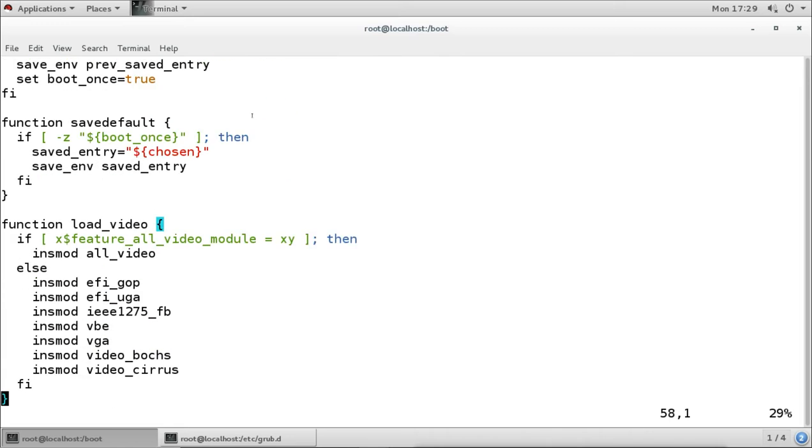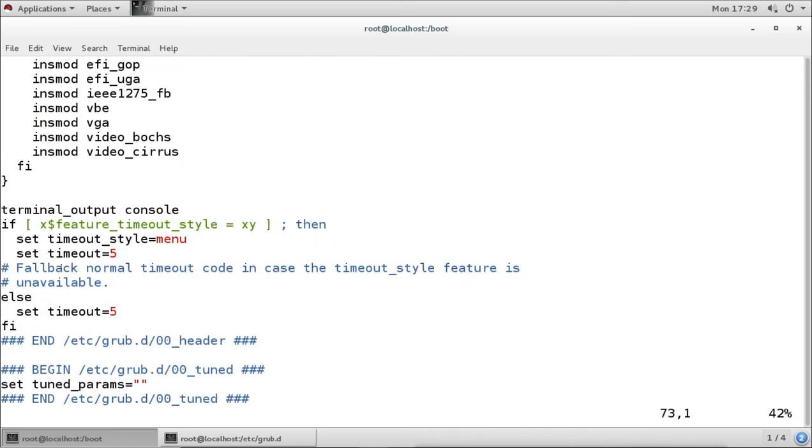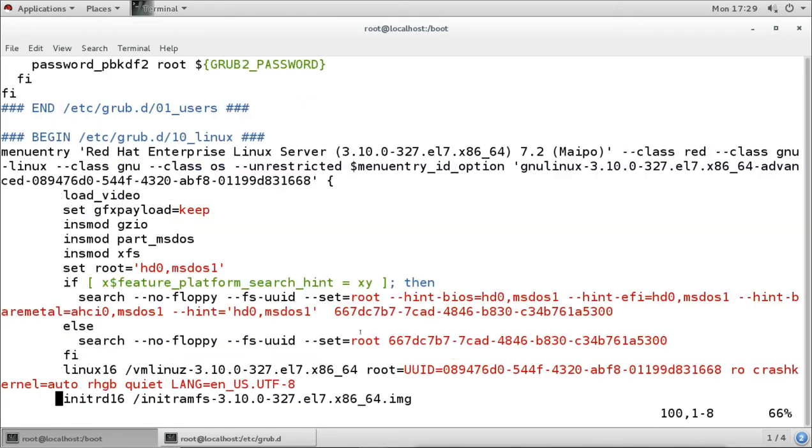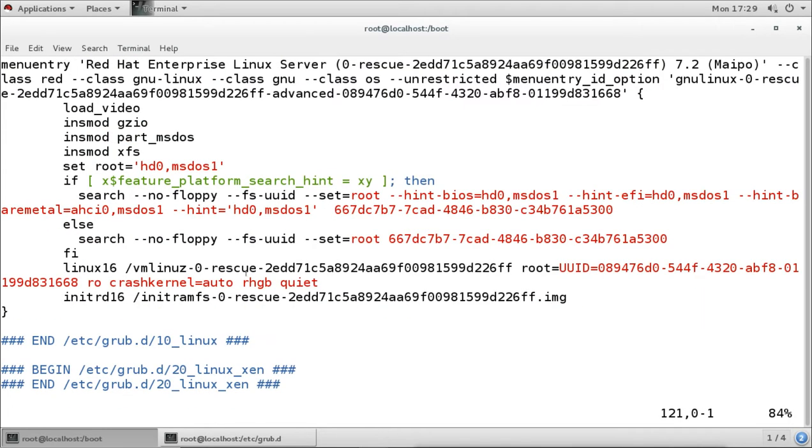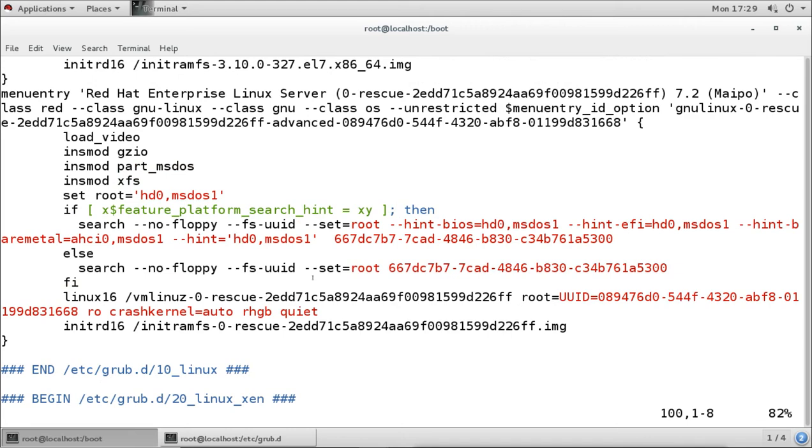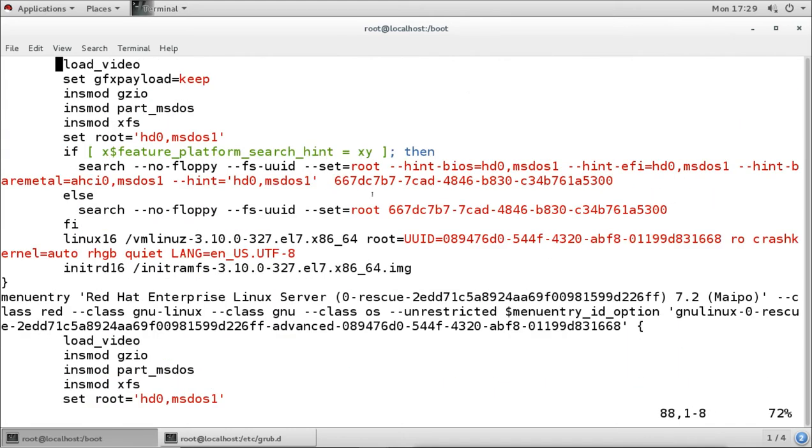So the timeout is still 5 seconds. And under the kernel menu it still has this option rhgb quiet. It is still having these options. So it still remains there, and it is not going to be removed or changed until we update the changes into this file.